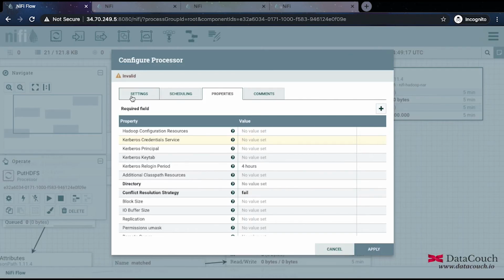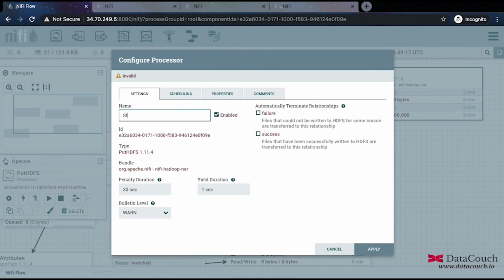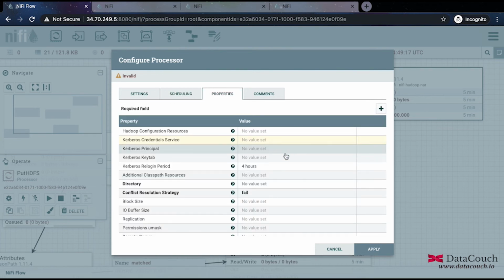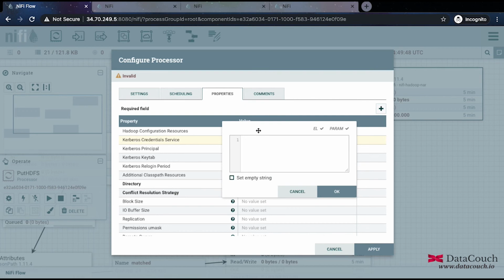And then in the put HDFS component, I'll say configure, and I will say store in, let's say, HDFS, right? And here I am not changing anything. I'll terminate the relationship on failure. Apart from that, scheduling, I'm just keeping default, do it as soon as possible, and then I'm changing the properties, and these properties are basically related to the configuration files. So for doing that, I need to specify the configuration resources, and these configuration resources are basically the Hadoop core-site.xml and the hdfs-site.xml.